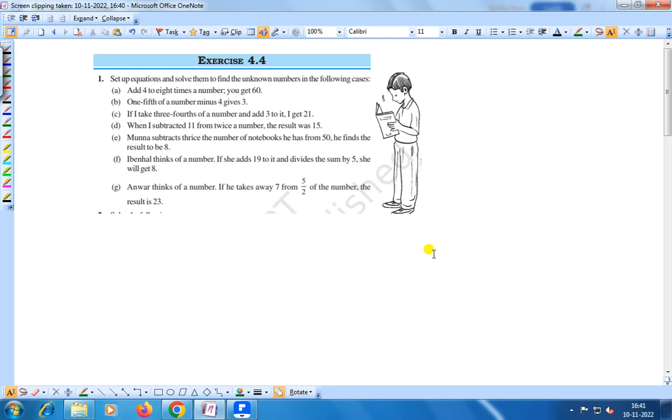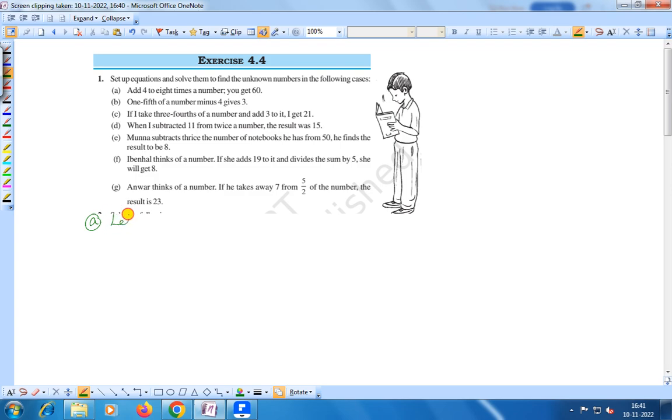Hello everyone. Today we shall discuss exercise 4.4, question number 1. Set up equations and solve them to find the unknown numbers in the following cases. A. Add 4 to 8 times a number, you get 60. Right. Question number A is